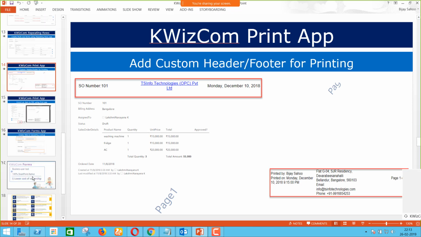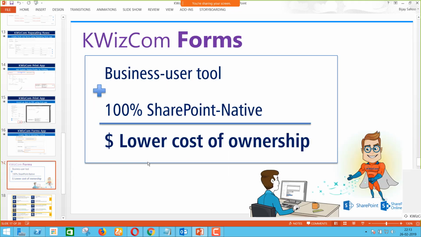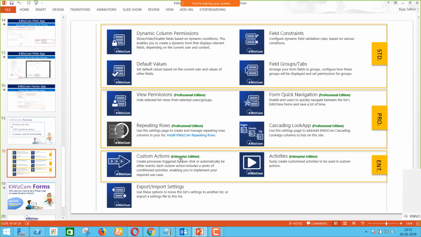This is really a very pretty cool product, and as a business user you can go and modify that. You do not need technical knowledge. The rule is in a human readable format, so you can add rules over there. And this is 100% SharePoint native. You do not feel that these forms are designed by using any tools. It is an add-on which is available, and various